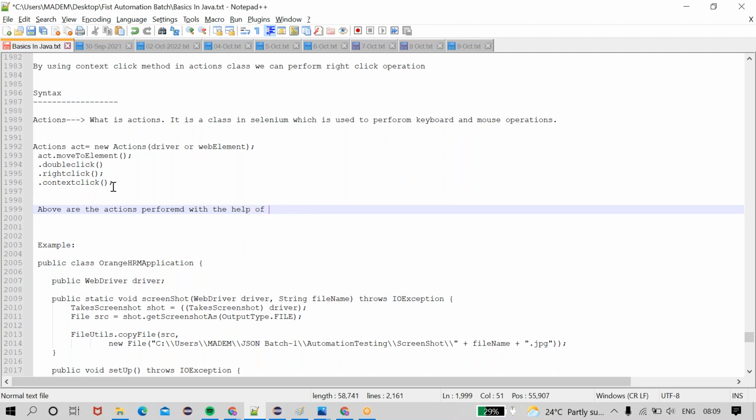Okay, the above actions are performed on the mouse.